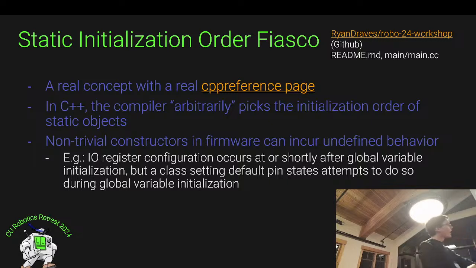In particular, with most things here, as you start up the ESP32, you need to insert some data into registers in order to configure the I/O pins, right? And this usually occurs sometime during that int main, right? In this case, it's the SDK doing stuff. So I'm quite sure it's going to wait until int main to do this and avoid the initialization order fiasco. So if you make a global variable that tries to do something in its constructor to interact with pins, you're going to interact with those pins before they've been initialized. It's going to fail. It'll have undefined behavior. It might crash the system. It might just do nothing, more than likely. But it won't do the thing that you expect it to do, which is to, say, set the level of a GPIO on startup.